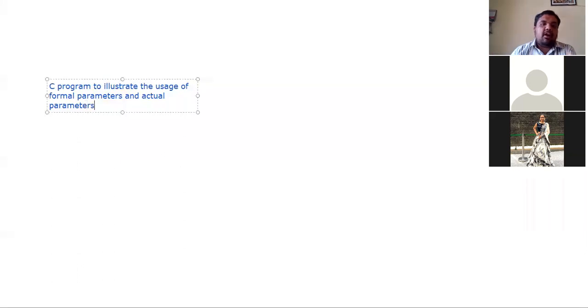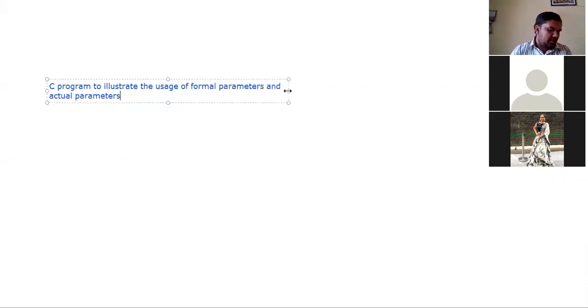So we have already seen the meaning of formal parameters and actual parameters, correct, right? So what are formal parameters and actual parameters? Can anyone say? Okay, you can't say because I have muted everyone. Formal parameters are nothing but the variables or the arguments or the parameters which are used in the function declaration.